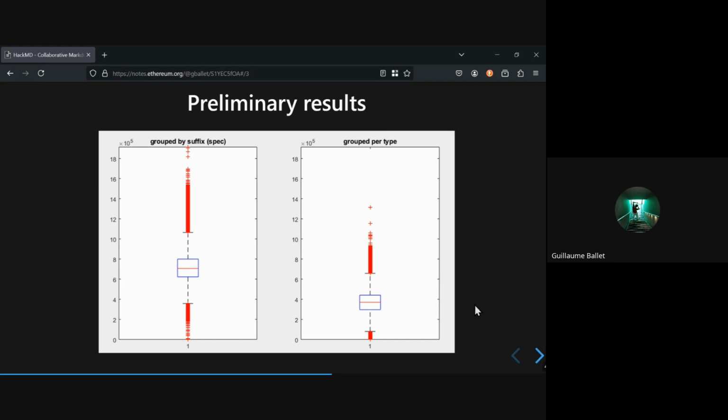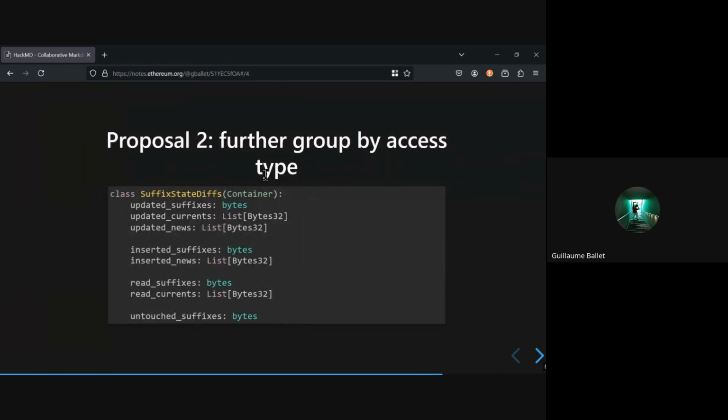So this is a preliminary analysis of this stuff. I'm preparing another document to be a bit more thorough, but I wanted to share this. There's another proposal that I haven't had the time to implement yet, because, like I said, there's a huge turnaround time for running those tests. But the idea is to remove nulls altogether. So you have one list for everything that gets updated, so something that had a previous value and a new value.